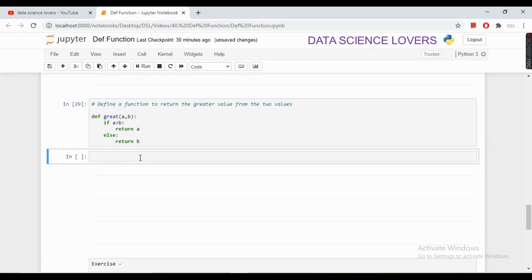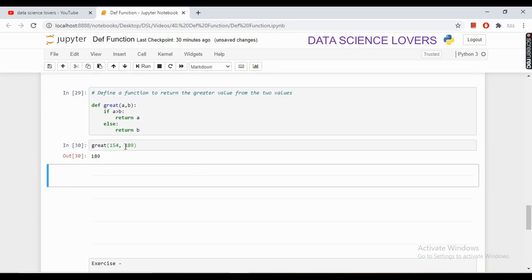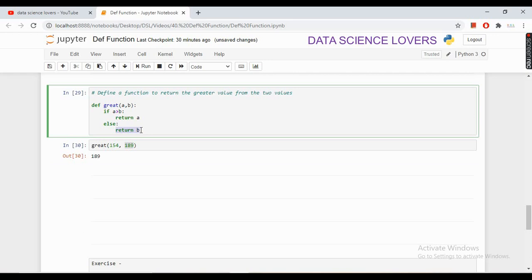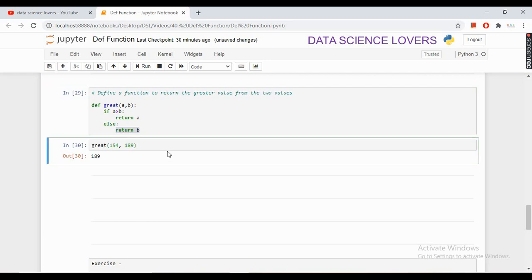If I run this, the function has been successfully defined. To call this function, I have to write my function name, and in the brackets I have to pass the values. If I write 154 and 189, then what will be the output? The output is 189 because b is greater than a. So it is returning the value of b.